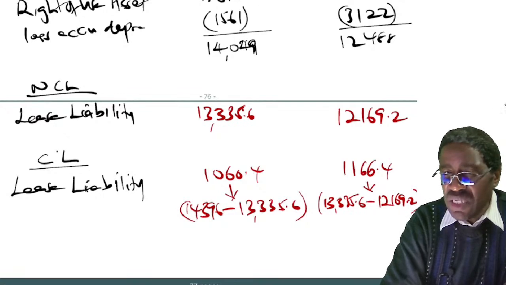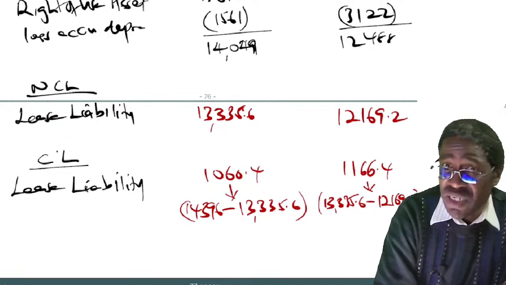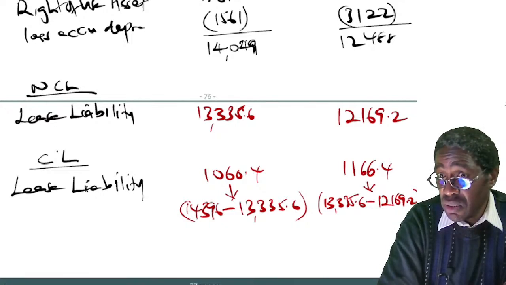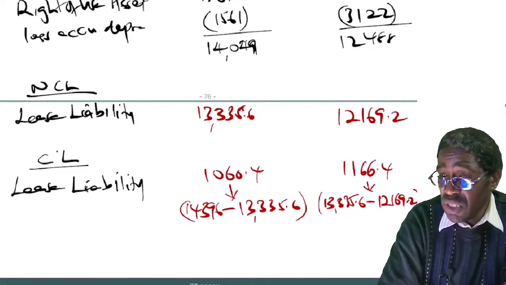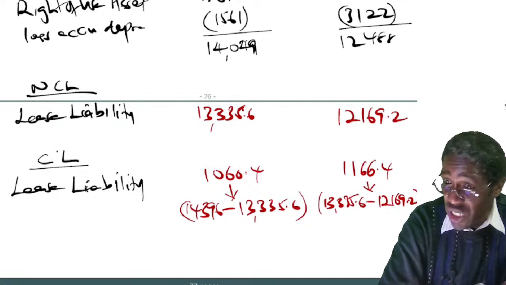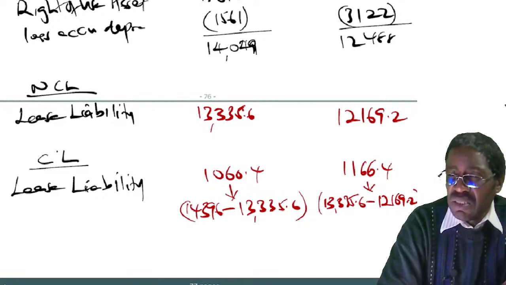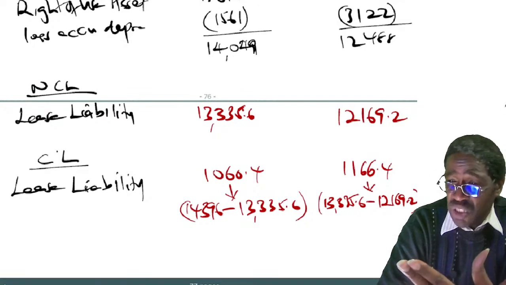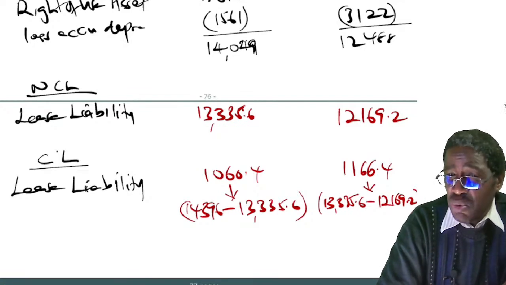So we are saying among the non-current liabilities, you will have what we are calling lease liability. Long term is what is the liability in the following year. Like in the first year, we had a total of 14. That 14 was to come down to 13. So 13 becomes long-term by end of year 1. So put that 13,